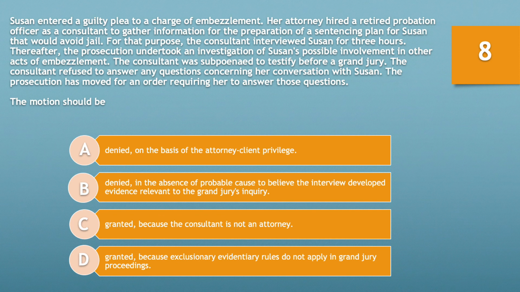Question number 8. Susan entered a guilty plea to a charge of embezzlement. Her attorney hired a retired probation officer as a consultant to gather information for the preparation of a sentencing plan for Susan that would avoid jail. For that purpose, the consultant interviewed Susan for 3 hours. Thereafter, the prosecution undertook an investigation of Susan's possible involvement in other acts of embezzlement. The consultant was subpoenaed to testify before a grand jury. The consultant refused to answer any questions concerning her conversation with Susan. The prosecution has moved for an order requiring her to answer those questions. The motion should be